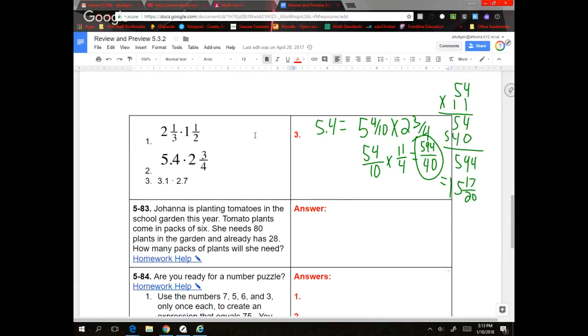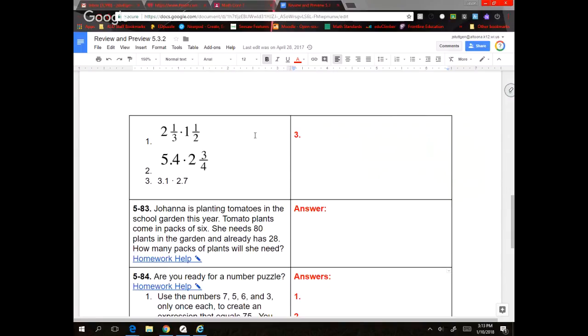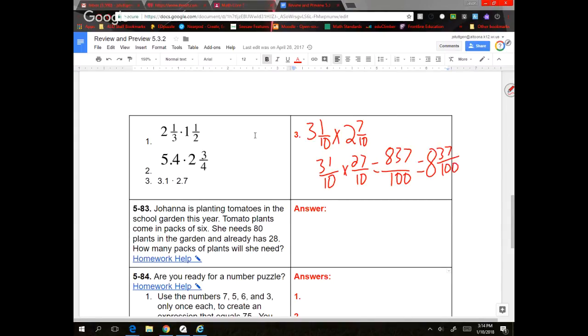And finally, I want to go over the third one. Remember, I skipped the first one. You should be able to go back and use what I just did to solve that first one. Number 3, I'm going to write them as fractions as I go. 3 1/10 times 2 7/10. First one is equal to 31/10 times 27/10 equals, I get 837 out of 100. And I know 100 goes into there 8 times with 37 left over. Next one,